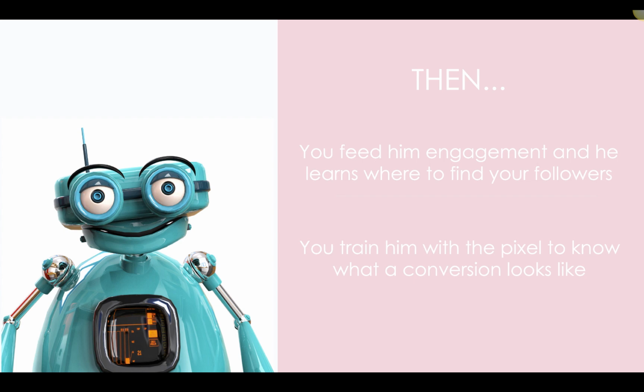and it learns where to find your followers. Now, the spillover effect of that is it starts training your pixel. Your pixel on your website gets a little bit smarter because more people find your website. And every time someone clicks to your website, the robot takes note. Who is this person? How old is this person? What gender is this person? Where does this person live? What other interests does this person have? It learns from that. And it gets smarter and smarter so that it can find your ideal clients much easier.